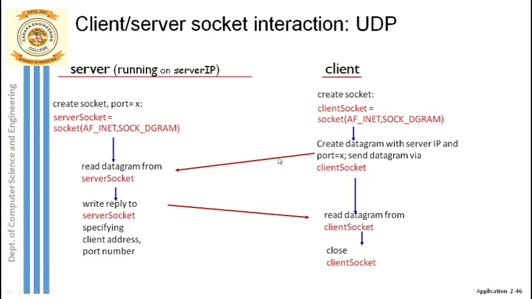So the buffer is shared between client and server, or you can say there is a client side buffer and a server side buffer. Client puts the message into the buffer, and from there it goes to the server's buffer. Server will read the contents from the buffer. Again, when the server sends back the reply, he will put the contents into the buffer, and from that buffer it will reach the client's buffer, and the client will finally read the output message and display it. So remember, there is a buffer in between server and client.